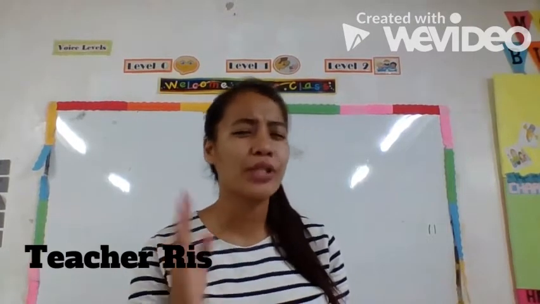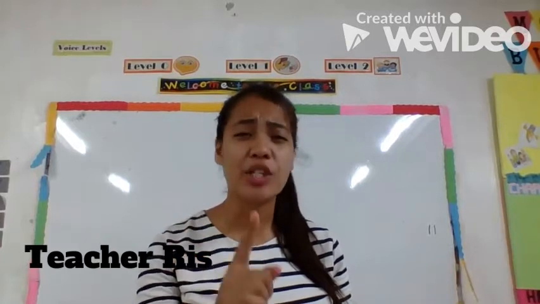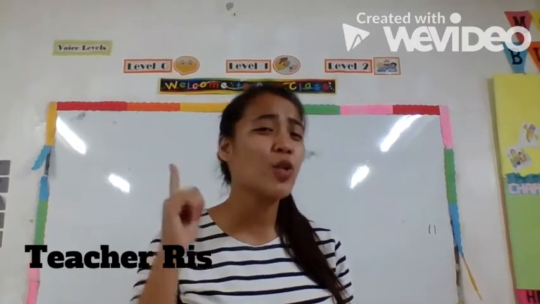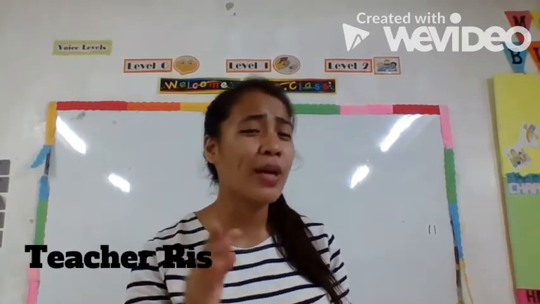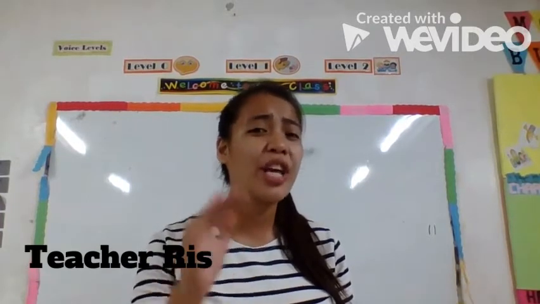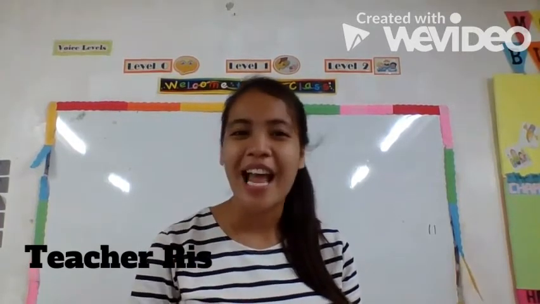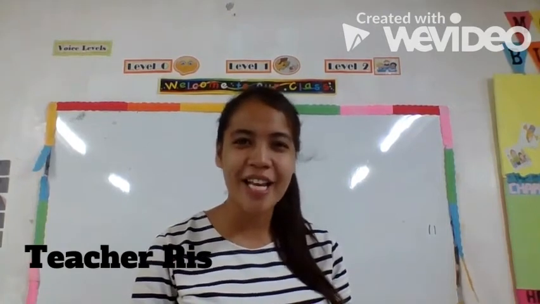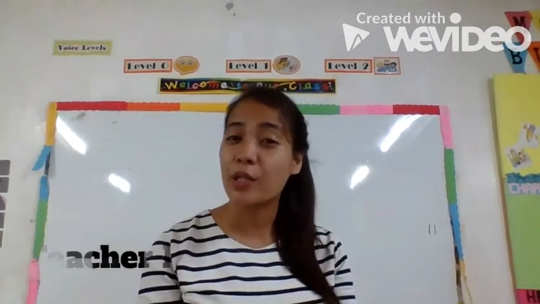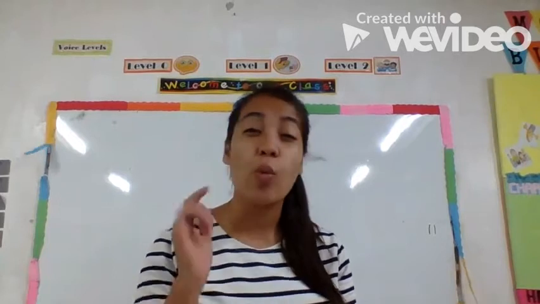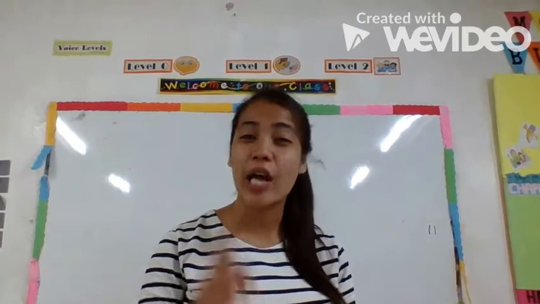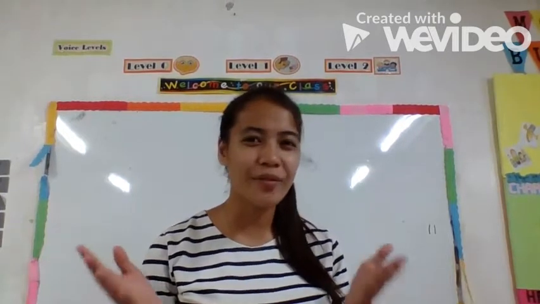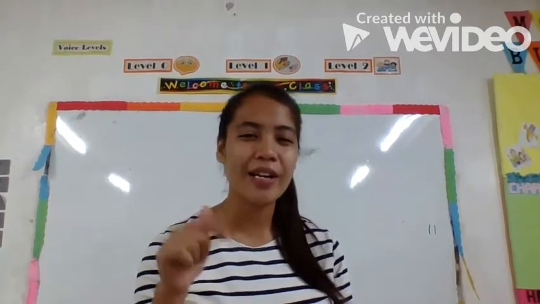But before we proceed, let me show you a picture first. I want you to analyze the picture for 20 points. I want you to give your own interpretation about the picture. Okay? So during our virtual class, I will be asking you one by one. Are you ready? All right. So I will just give you 10 seconds to look at the picture. Okay? So are you ready? All right. So here is the picture.